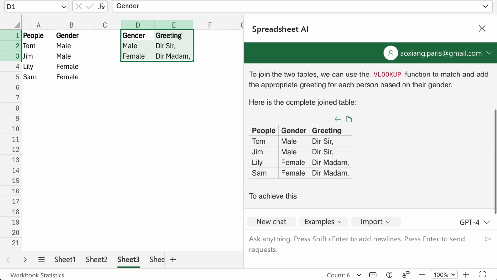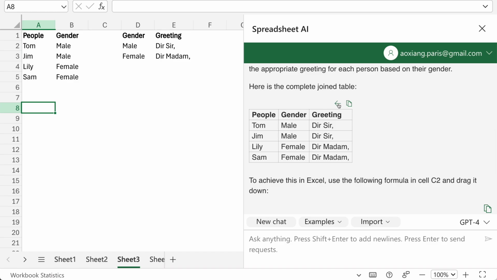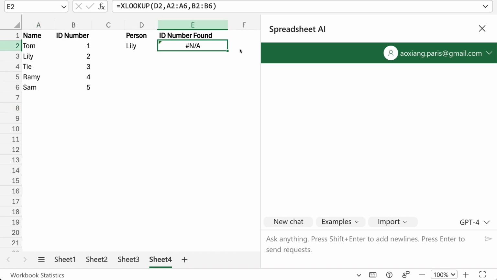The Chat Copilot then returns a complete table. Note that it also suggests the formula to achieve this, which can be used when the data in the tables changes or expands.